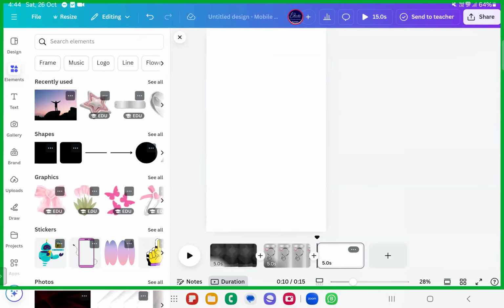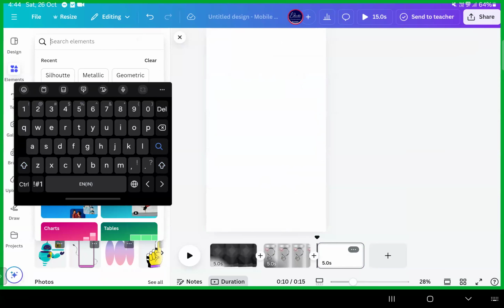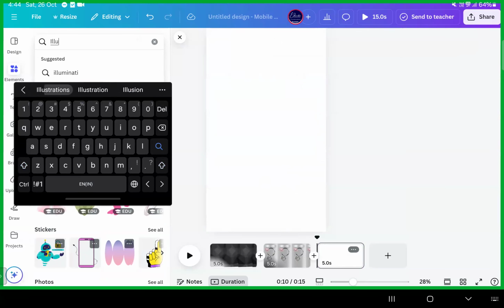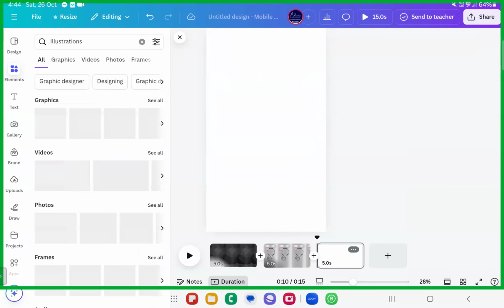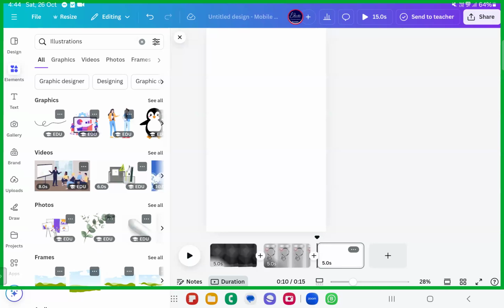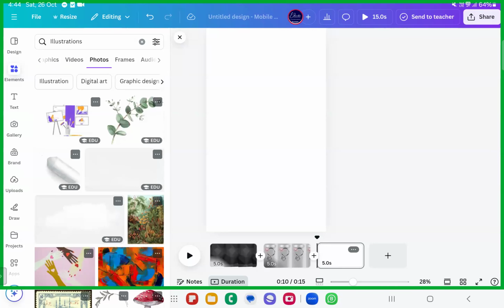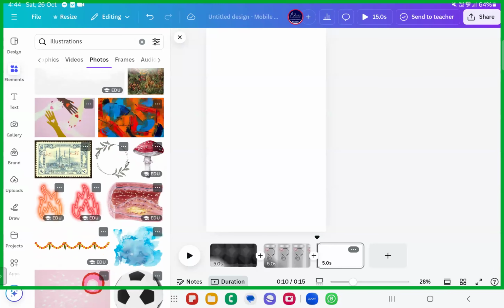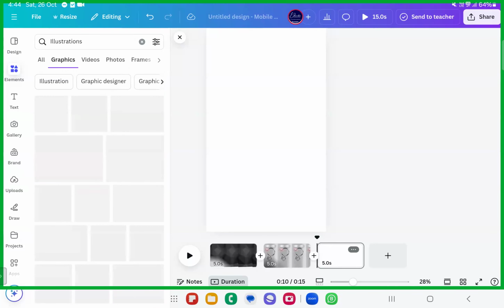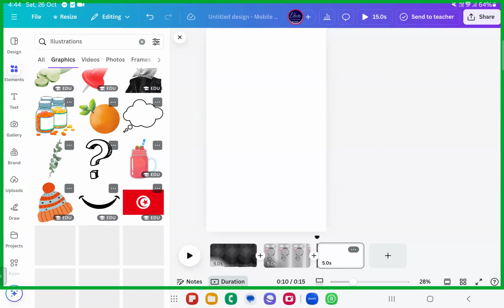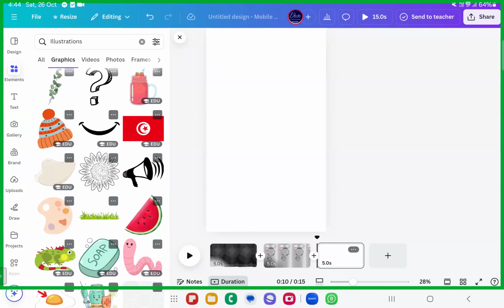The next thing, illustrations. Please try this and see. I just want you all to make use of these graphic names I'm telling you. These are nothing but the designs of something. That's all. Illustrations are design. You can go ahead with the graphics and see how many beautiful illustrations you'll get. Whichever illustration you want, you can get it here in hand.